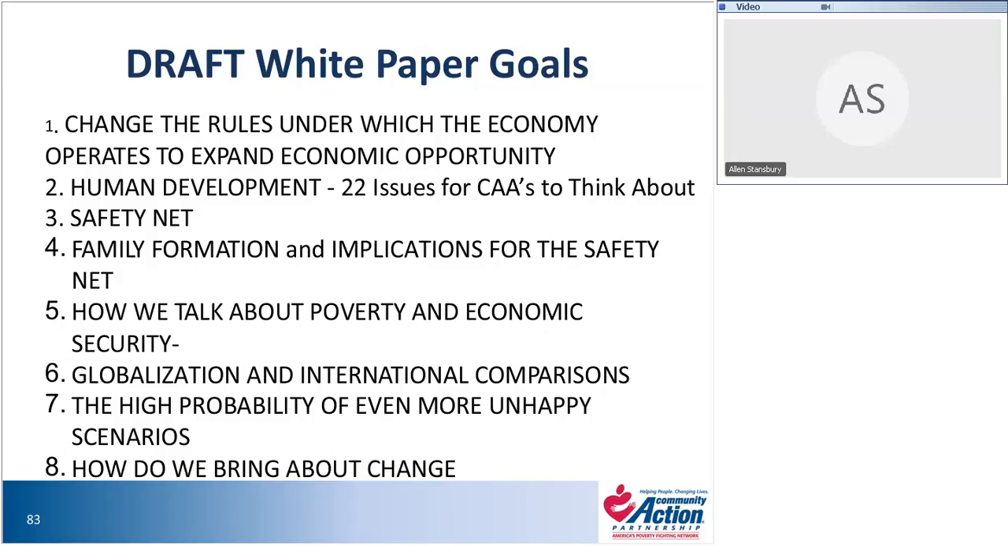Now we need to talk about economic security, about income stability, about income adequacy, and other phrases that everybody in the population perceives as being relevant to them. We look at globalization and international comparisons. We think America's number one. Yeah, right, except we're number 16, 17, 22, or 33 on many of the major measures of well-being and income